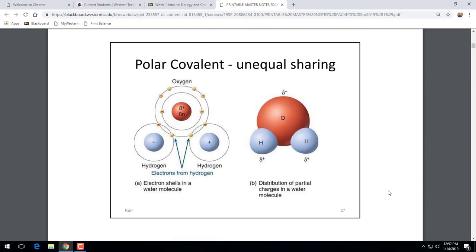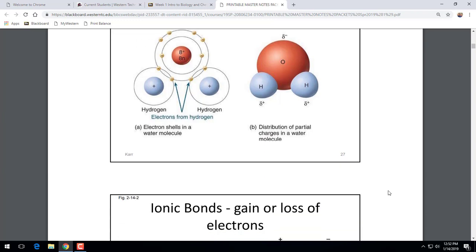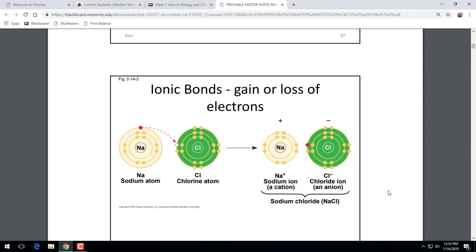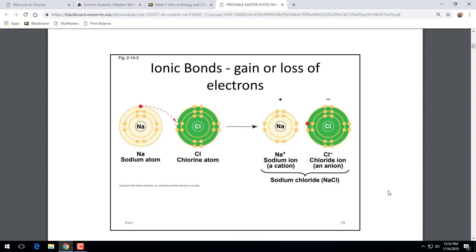So those are both examples of covalent bonds, whether nonpolar, non-charged, or polar, slightly charged. They're both covalent bonds where the outer energy level electrons are sharing their locations. Ionic bonds are stronger than covalent bonds. These bonds are harder to break. So when atoms have outer energy levels that are not complete, like sodium,